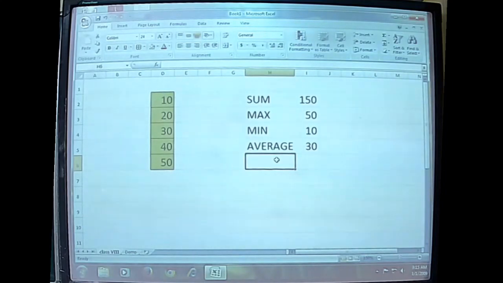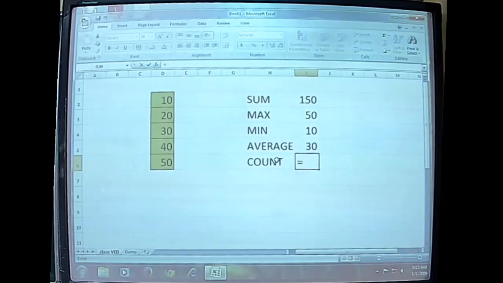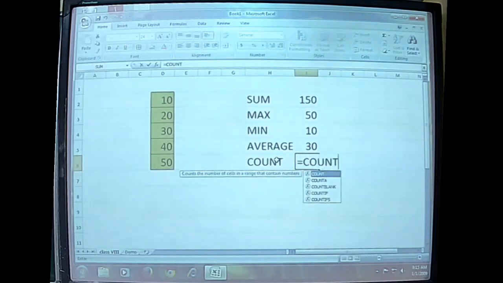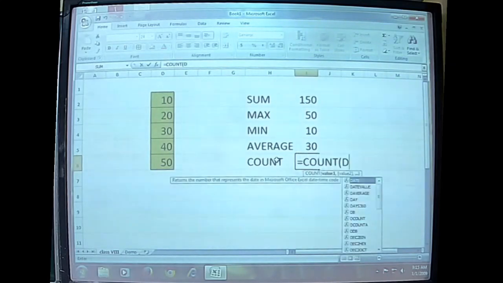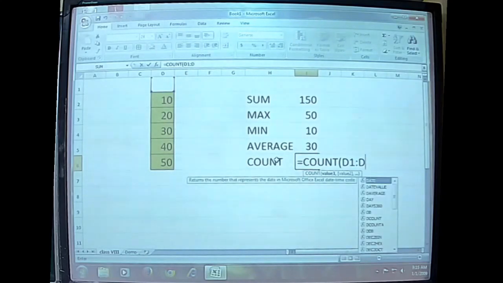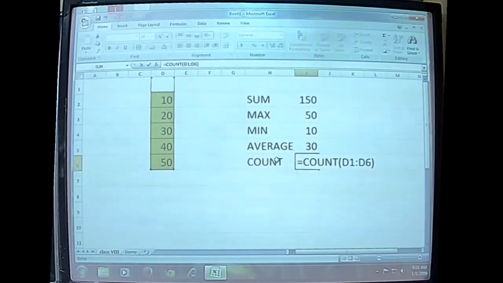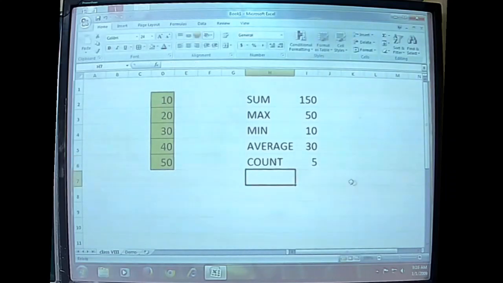And then there is also the count function. A count function is available that is mainly used for counting the total number of data entries within a cell range. Okay, equal to count of, let us try this combination from D1 to D6. Normally we were giving from D2 to D6, but from D1 to D6, actually there are 6 cells available, but only 5 values are present. See why? Because even if there are 6 cells from D1 to D6, only in 5 cells the data is entered.